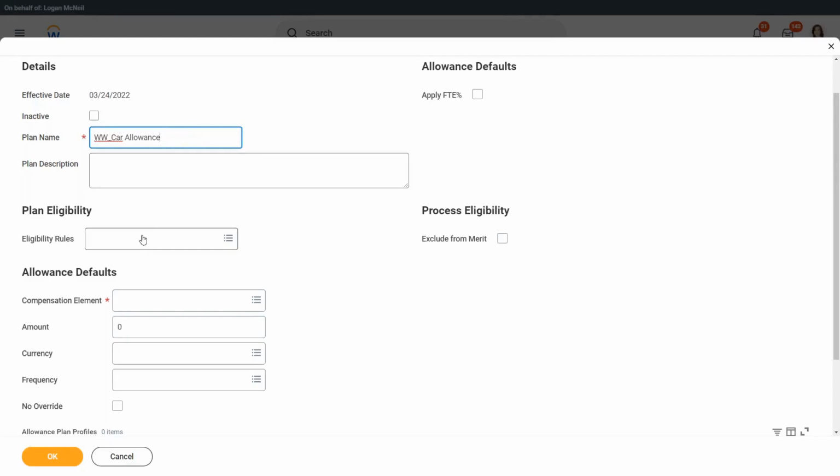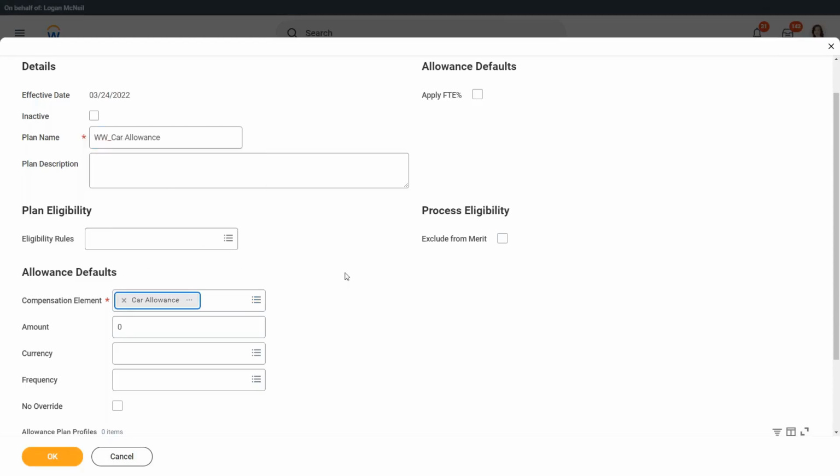If you want to restrict this allowance to only a certain population of employees, then you can create that eligibility rule and put it here. Okay, I will do that. But let's first create the compensation element.